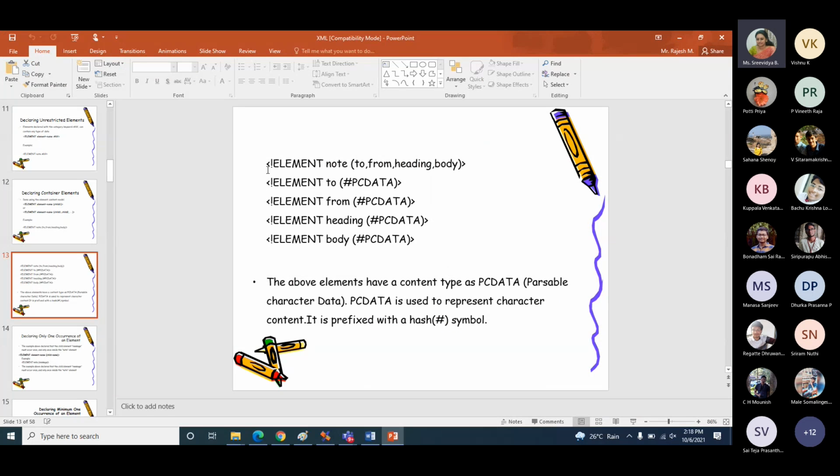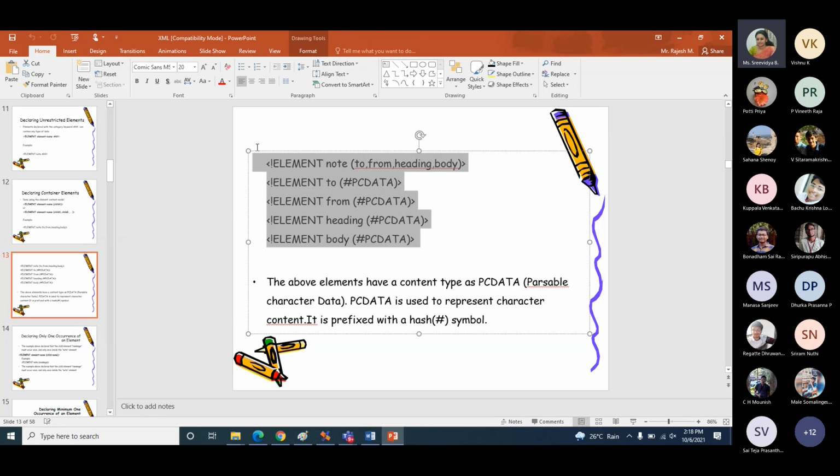I hope you are able to see the screen. This DTD we have created for an XML document which has a root element. What do you mean by root element? The first element in your XML document.